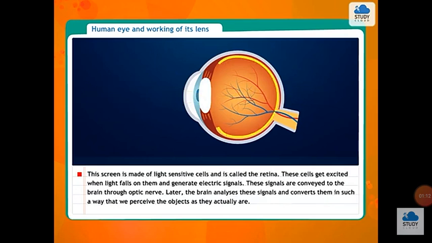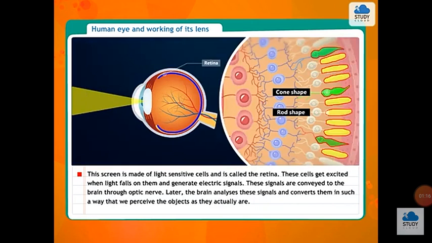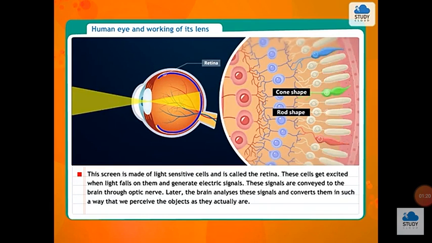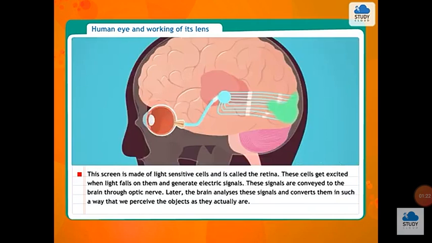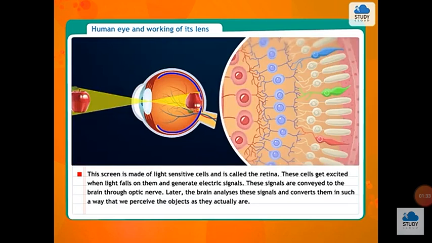This screen is made of light-sensitive cells and is called the retina. These cells get excited when light falls on them and generate electric signals. These signals are conveyed to the brain through optic nerve. Later, the brain analyzes these signals and converts them in such a way that we perceive the objects as they